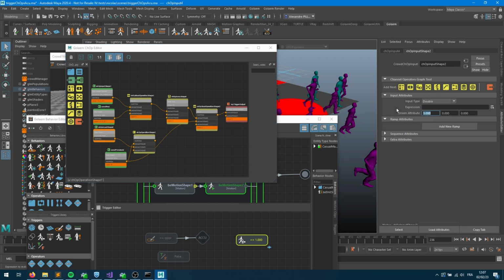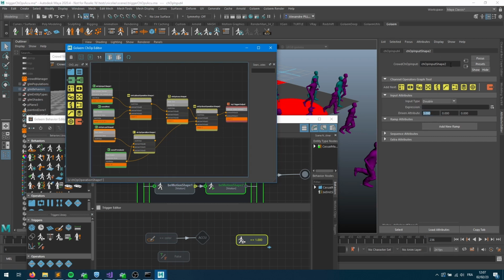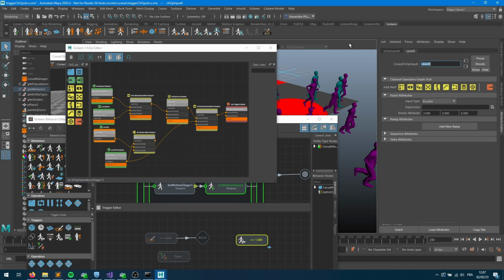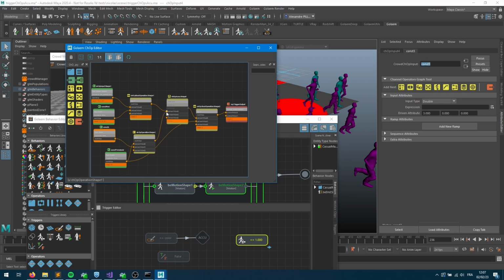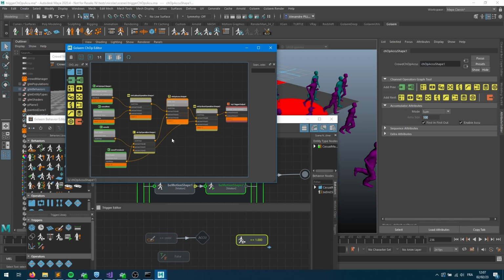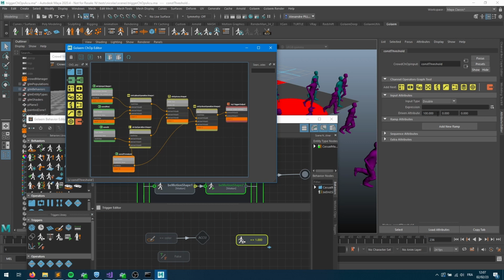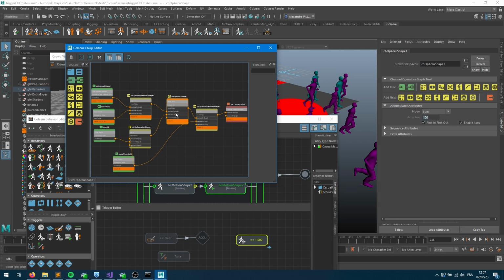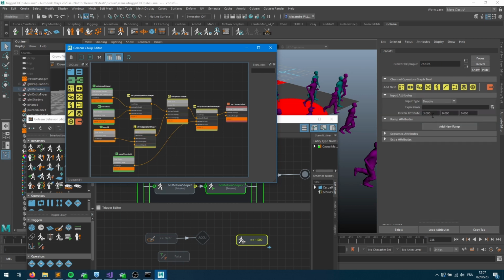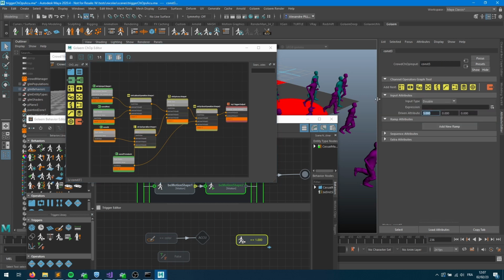Let's rename this const 3. And let's put it into the accumulator size. So what we're saying now is we want to have 100 values available in a buffer which is 3 times 100 values, so 300 frames. If I want to be honest, my sequence is 500 frames. So if I want to cover all that happens in the sequence, I should probably have the same number as the number of frames that I have. And now,